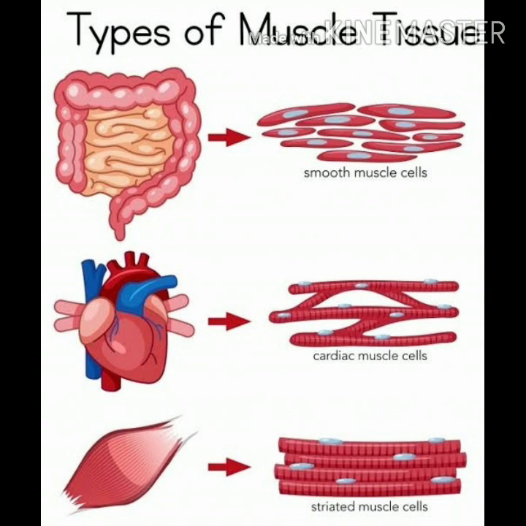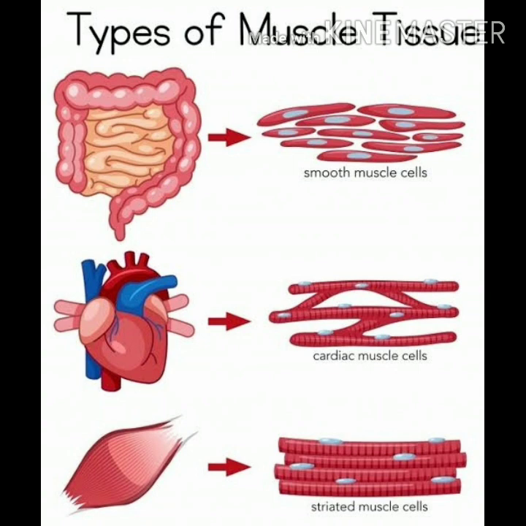The third tissue is the muscular tissue. This muscular tissue is made up of muscle cells which form a major part of the contractile tissue. It is a longitudinal, cylinder-shaped tissue. Mainly the muscle tissues are divided into three types: skeletal muscles, smooth muscles, and cardiac muscles. The first one, smooth muscles, is also called non-striated muscles or involuntary muscles. Mainly these muscles are present in the walls of the internal organs.